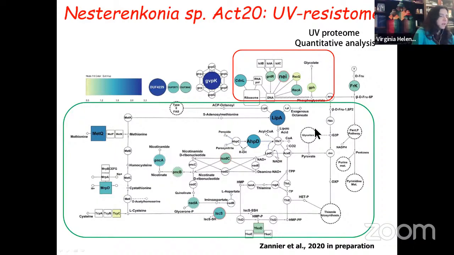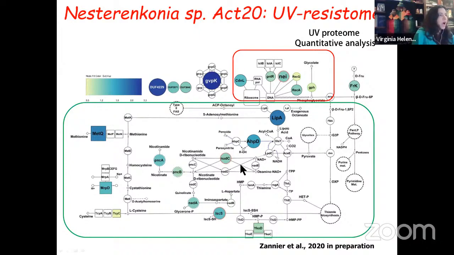And the other group of proteins are related with the stress response. So the catalase or all the metabolic pathways that give reduction equivalents to the system of the oxidative stress response